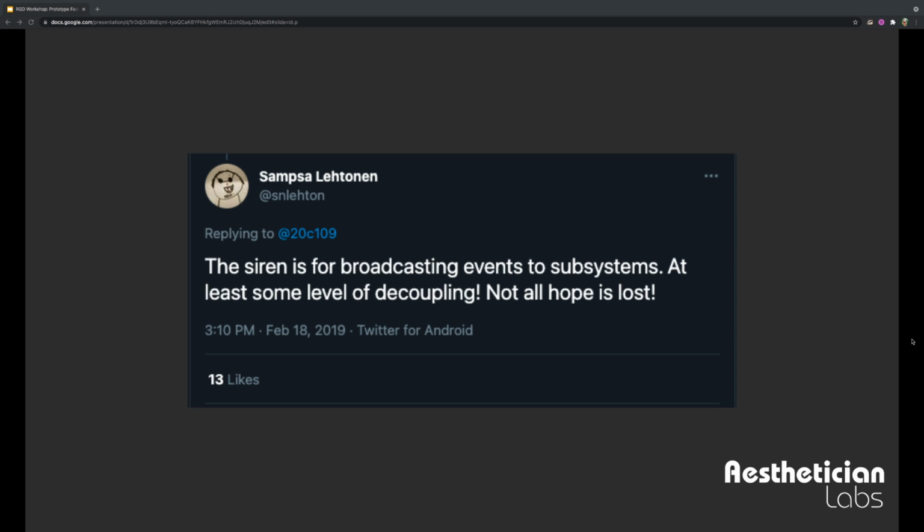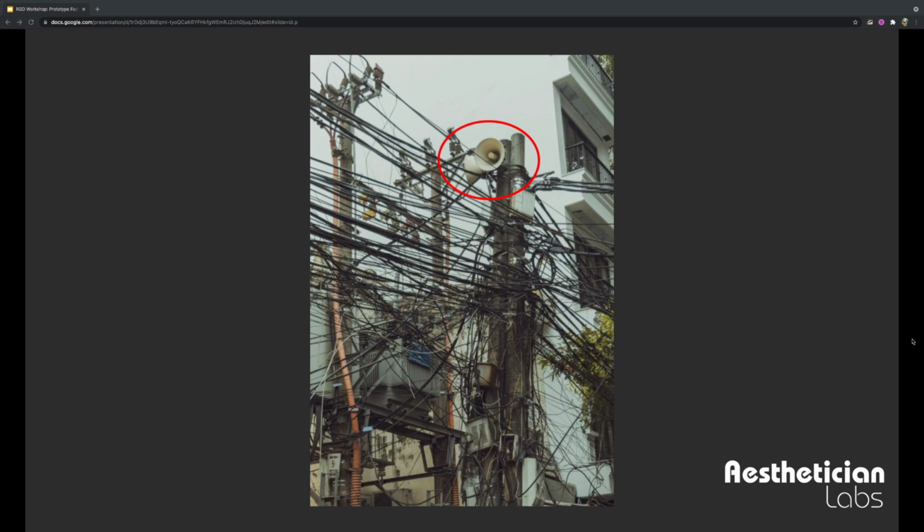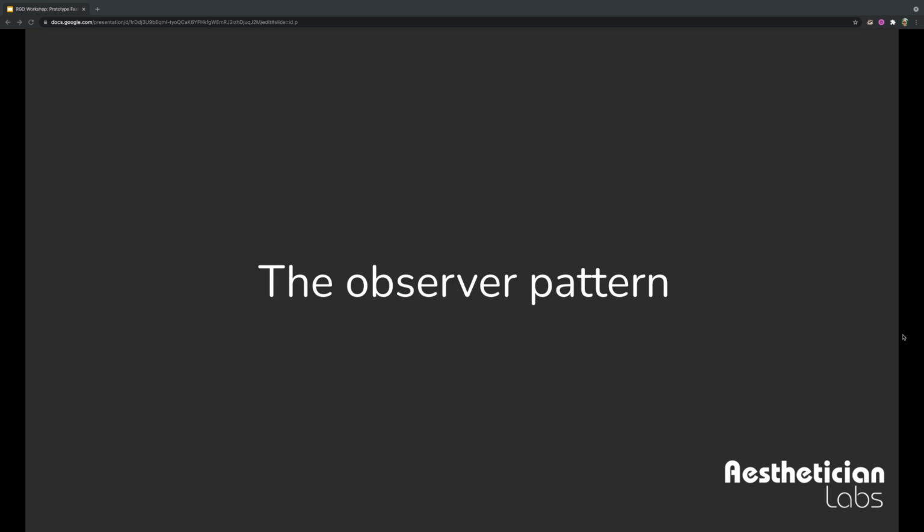And they're right. This is a pretty good representation of how the event pattern works. It is basically a broadcast notification to say, hey, something has happened, and then all the other systems that care about that particular event can receive that event and then take action on it. So that, in a very abstract sense, is the observer pattern, but we can drill into a better definition.